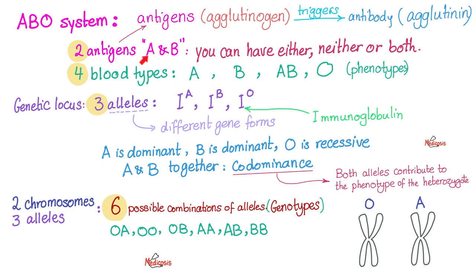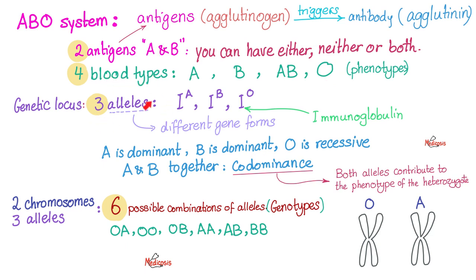How many antigens do we have? A and B. How about the O? It is 0. Can I have A alone? Yes. Can I have B alone? Yes. Can I have both? Yes, we call you AB. Can I have neither? Yes, we will call you O because it's 0. Therefore, you can only have 4 ABO blood group types. You're either blood group A, B, AB, or O. Just 4 types. 2 antigens, 4 types.